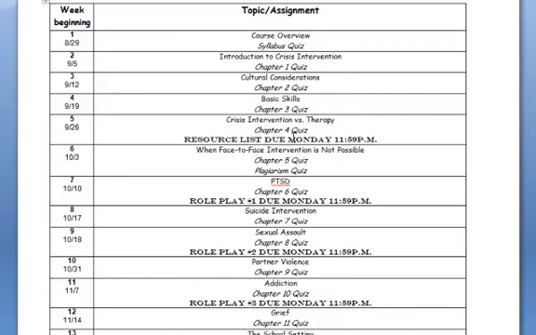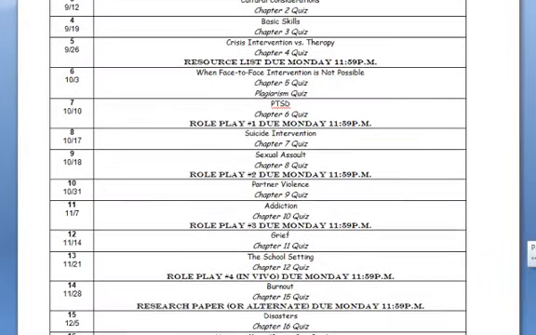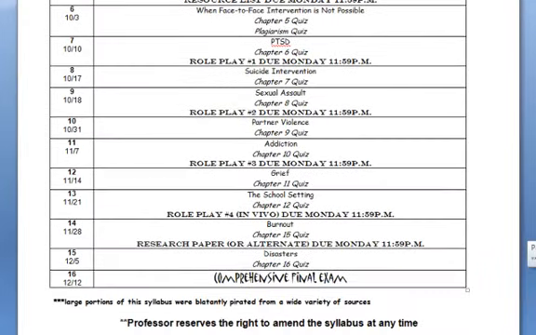The resource list is the first thing due, and then we'll start having role plays due in October. Back here in mid-September, I'll send you a list pairing you with people. I don't send it at the beginning of the semester because inevitably I have 2 or 3 people drop and add the course in the first week or two, and I don't want to have to redo the list. So I'm going to wait a little bit before doing that. You can see the role plays are spaced out pretty much every 2 weeks. Then there's the research paper or volunteer assignment at the end, and then a comprehensive final exam.